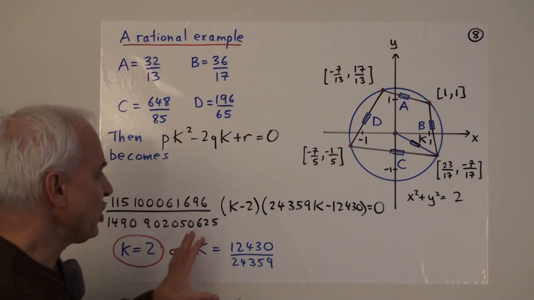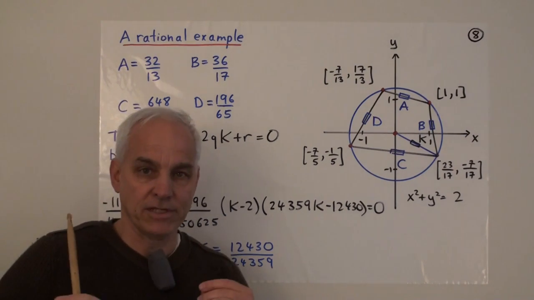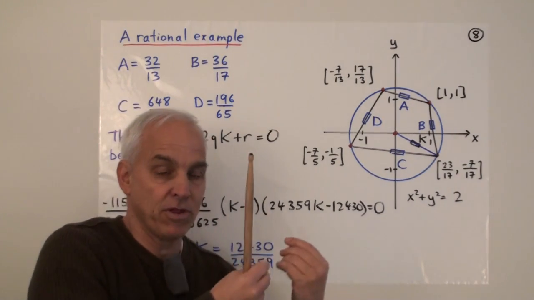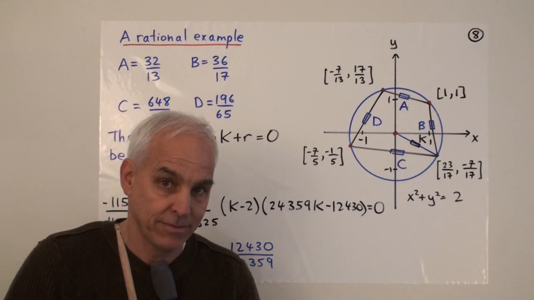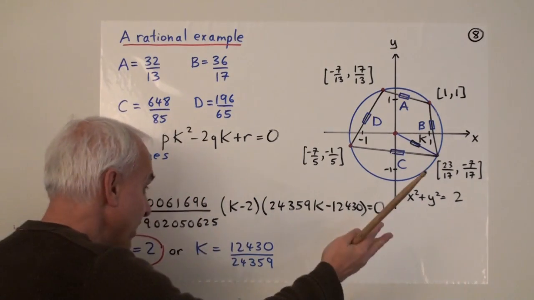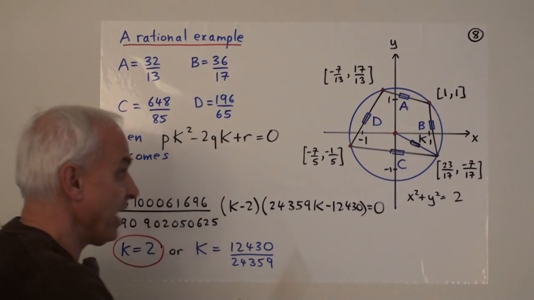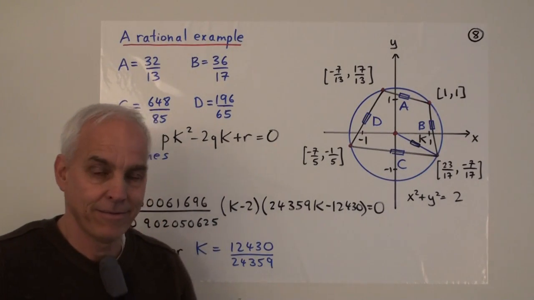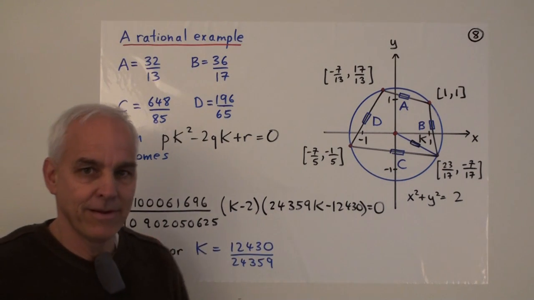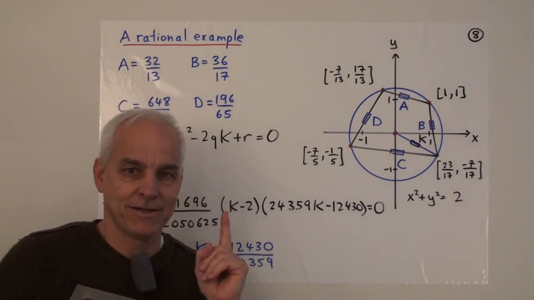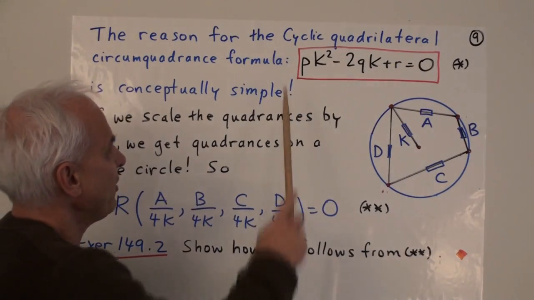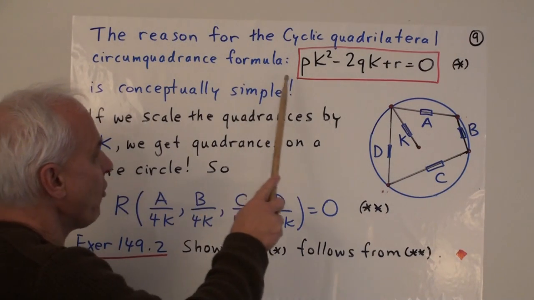So I hope we appreciate the huge difference between this kind of arithmetic and the previous kind of arithmetic involving real numbers. We can actually lay out the example, make the calculation, everybody can check. There's no cheating, it's completely solid. This is mathematics. Okay, so a fundamental question is, how do we establish this cyclic quadrilateral circumquadrance formula?